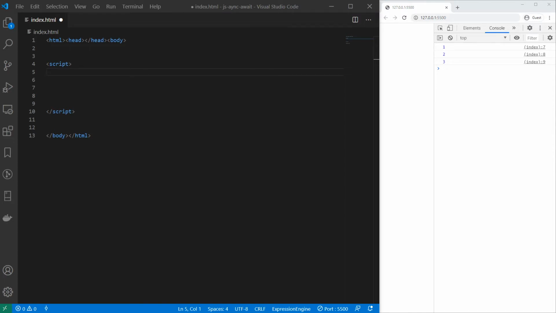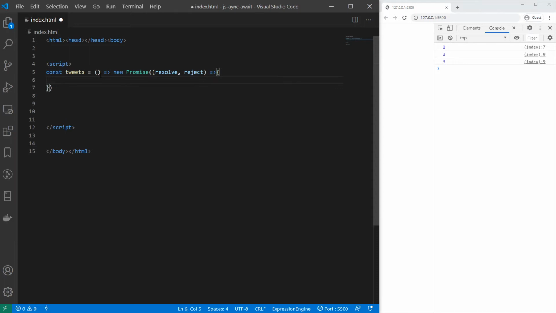So let's create our own promise and then see how we'd handle this with async await. So what I'm going to do is I'm just going to make a quick const and I'm going to call this tweets. And this is going to be equal to a function, and I'm going to set a new promise. So that promise, I'm going to get resolve and reject, as we just mentioned a moment ago,